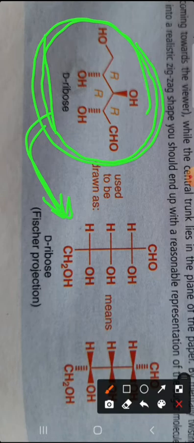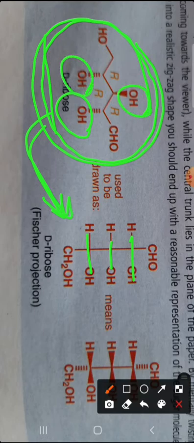Okay, we have a given vertical line, and below the plane the groups are in the vertical line. Maximum carbon are in the vertical line. Try to take maximum carbon on a vertical line and horizontal line, and at the horizontal lines the substitution over the carbon is present, according to their configuration. According to their configuration, the CIP rule is there for finding out the configuration of that molecule.